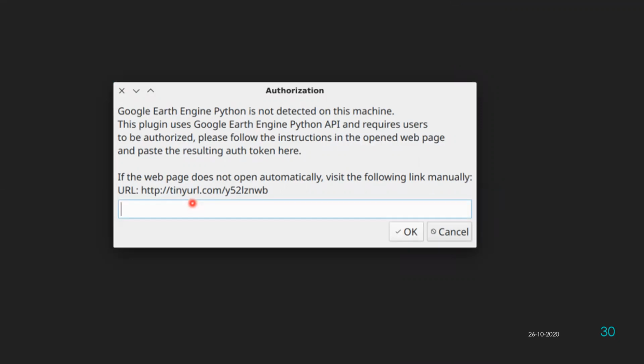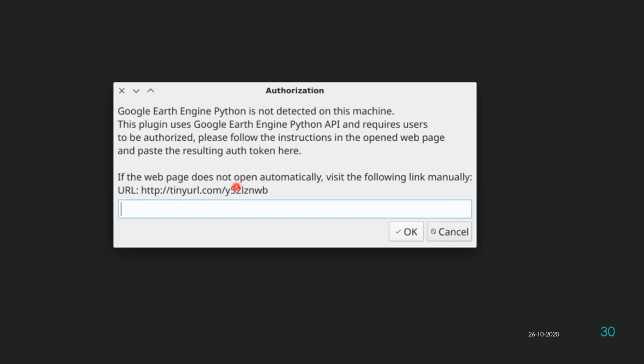Here they have asked, if the web page does not open automatically, visit the following link manually. Okay. So if that web page is not opened, you can visit this link. From that web page, directly it will open Google Earth Engine, because you have already created your account there. So from there, again, you have to log into your particular Google Earth Engine account.